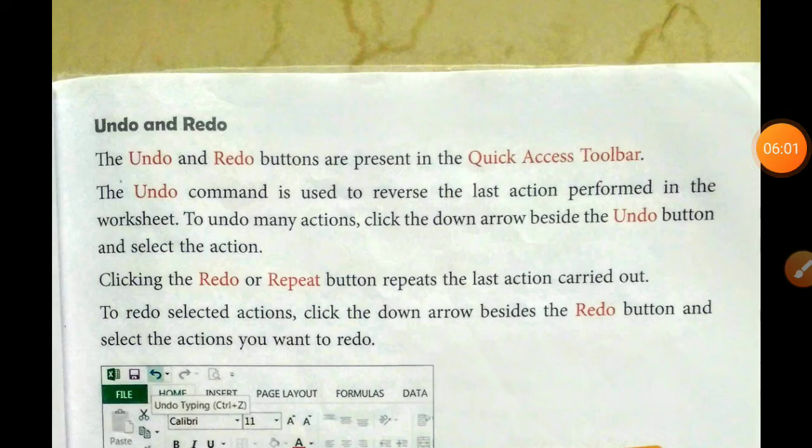Next is undo and redo. You are already aware of these words, undo and redo. Let's see once again. The undo and redo buttons are present in the quick access toolbar. The undo command is used to reverse the last action performed in the worksheet.